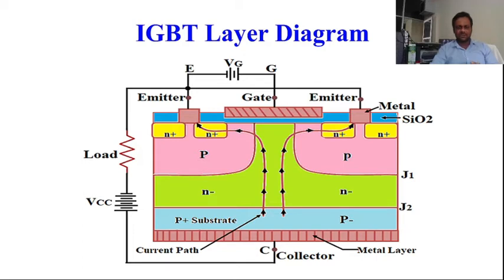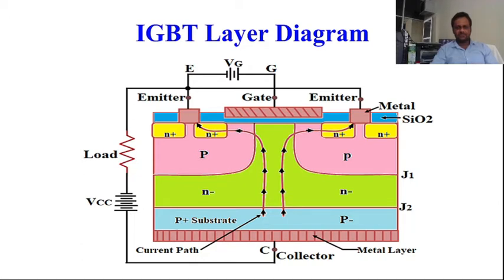Now coming to the functioning of this IGBT, it can work as a switch when we are connecting it in the common emitter configuration. Here the emitter is the common terminal to both the input and output. On this side, collector and emitter form the power circuit or load circuit, and the gate to emitter circuit is your control circuit.